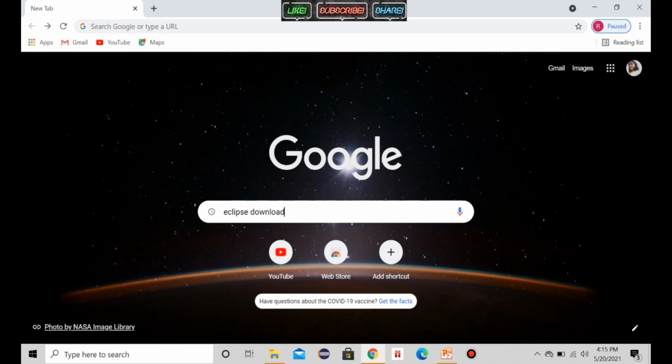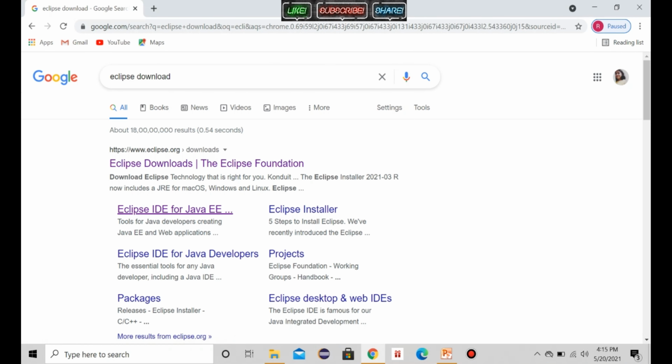Now this IDE tool is used for Java development, as I said, and we can download it by going to Google and typing Eclipse download. You will find Eclipse IDE for Java EE, that is Enterprise, when you want to go for big, enterprise-level applications, and Eclipse IDE for Java Developers, when you want to write small applications or code small programs, or in fact core Java applications.